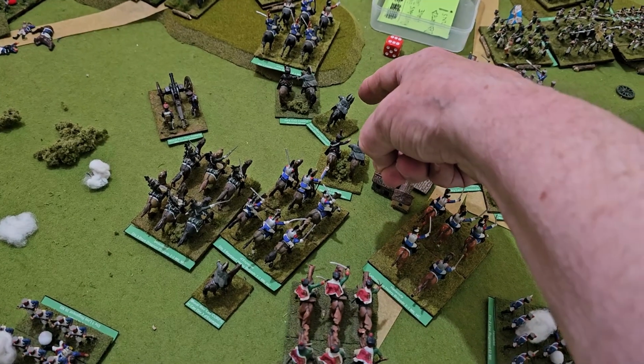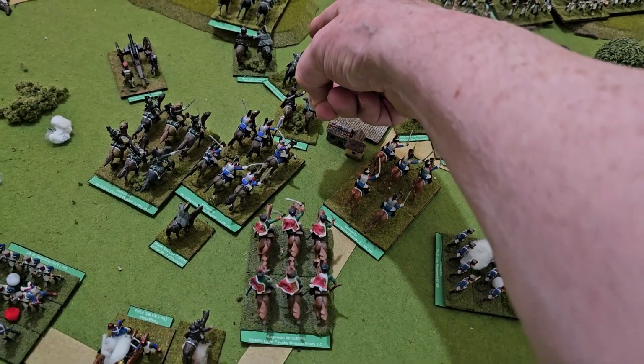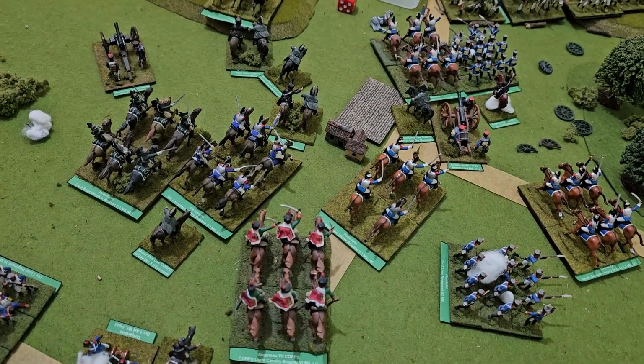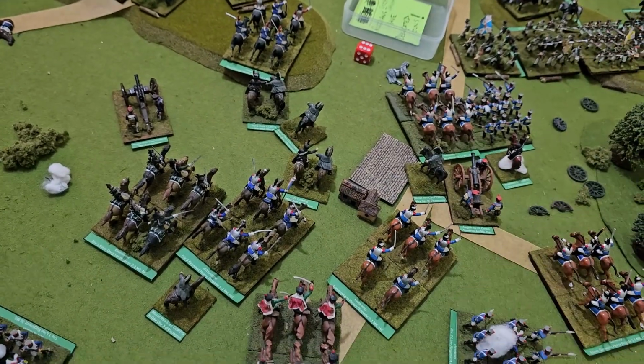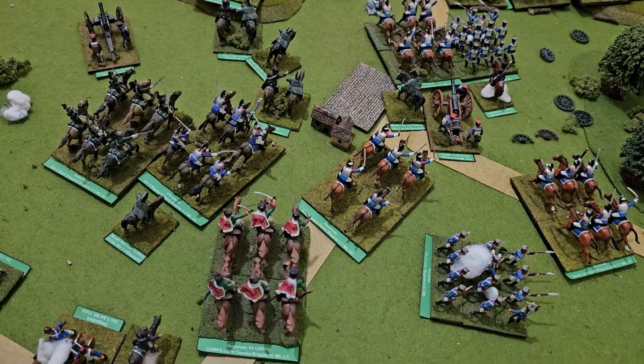And then we've got, let's see, we've got Beaumont. Okay, where are the rest of Beaumont? What has he got? Dragoons. Oh, that's those chaps down there. He's got to get down there next turn. Okay, and then we have Augereau. Okay, and he's really not...